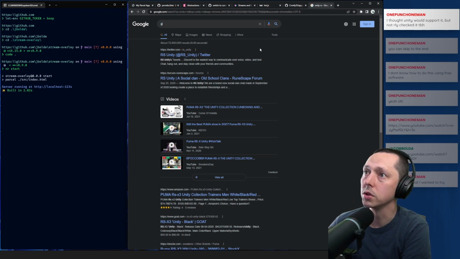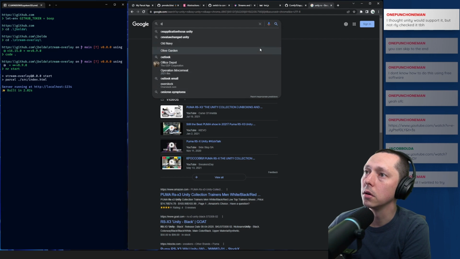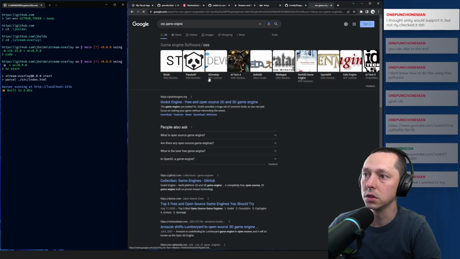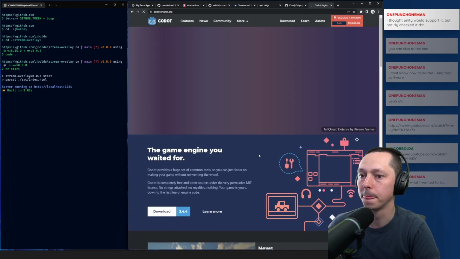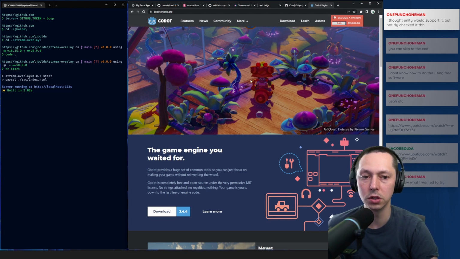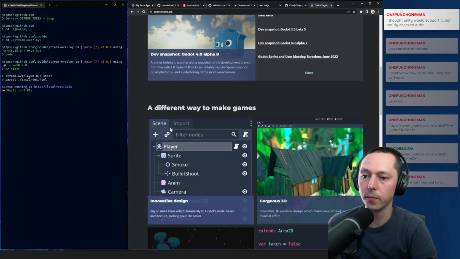What is that other game engine? I would basically look at what Unity supports. Godot. There we go. This is the other big one. This is kind of an alternative to Unity, as far as I understand. Except open source. That's the big difference.